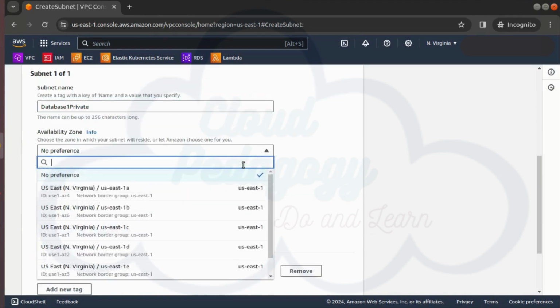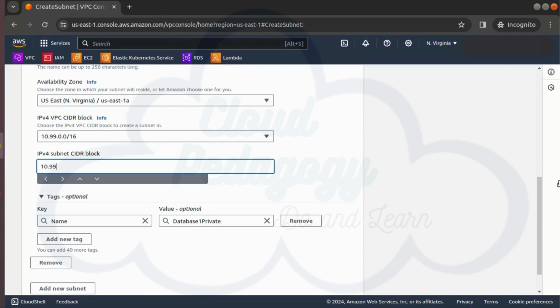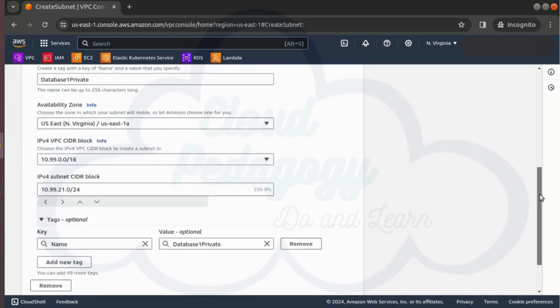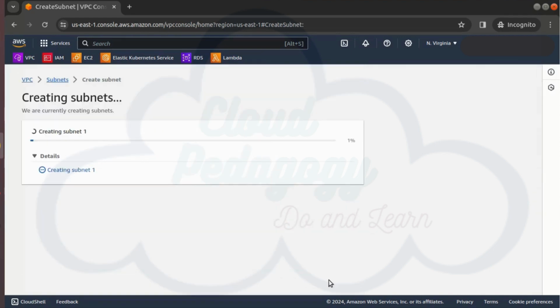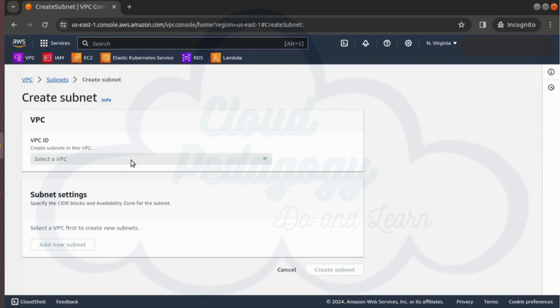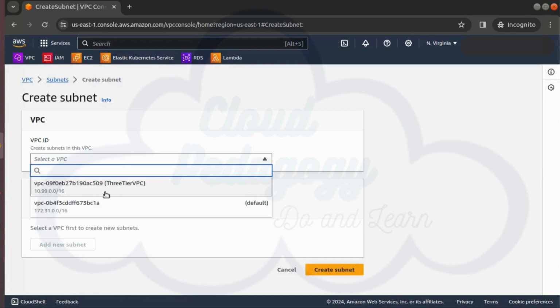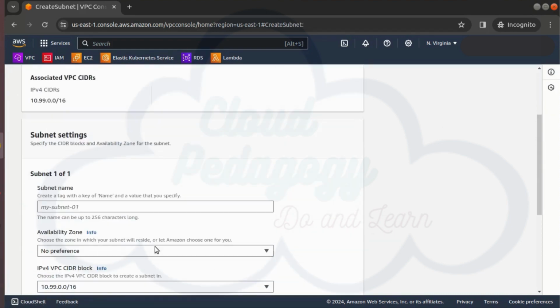In the availability zone US East 1A. In the CIDR block range, I'm going to enter 10.99.21.0/24 and then click Create Subnet. Finally, in the second database layer, again I'm going to click Create Subnet, selecting the VPC and entering database 2